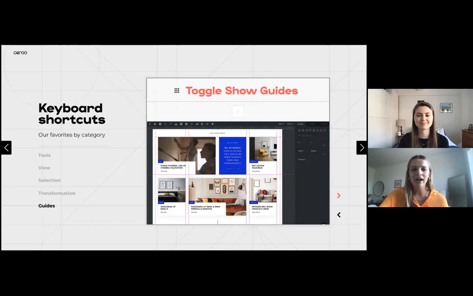And then a couple more. We love working with guides. They can be super helpful. You can draw out guides on your canvas just by dragging those from the rulers on the top or the left-hand side. But sometimes if you have a lot of guides on the canvas, it can be a little bit overwhelming or hard to see the actual assets on the canvas if it's just covered in a ton of those purple lines. So what we like to do is use the semicolon key to toggle the visibility of those guides